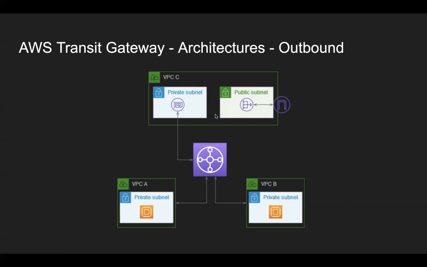And through VPC-C's respective route table, the traffic would go through the internet, which is something that we have already studied in terms of a public-private subnet architecture. So VPC-A and VPC-B can get internet access through VPC-C, and all of them are connected through a transit gateway. The reason why you would have something like this is because you could have some security tools installed onto a virtual machine sitting in VPC-C. And you can say specifically that outbound internet access cannot go to certain domain names on the internet. Those can be controlled. So this could be a security VPC. These kinds of architectures are possible using the transit gateway.